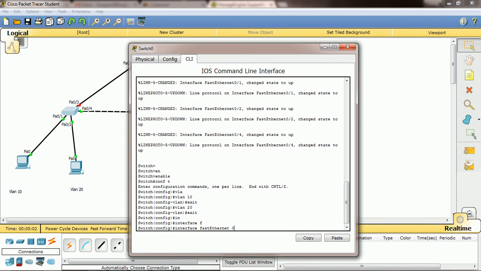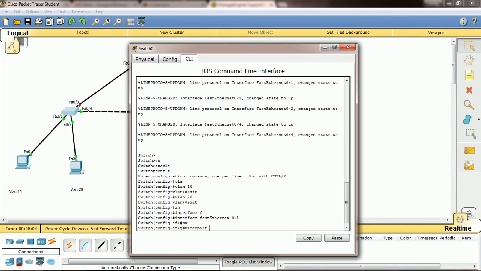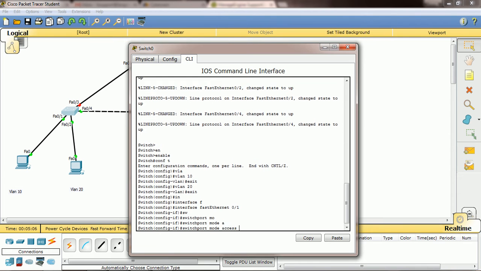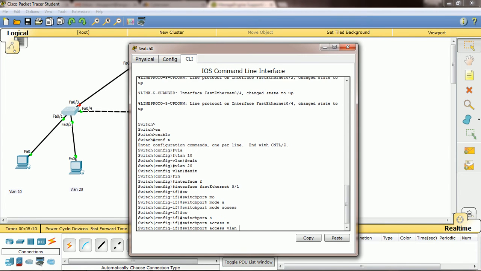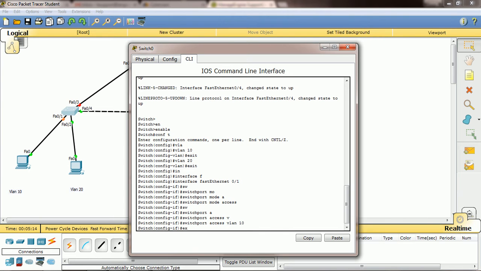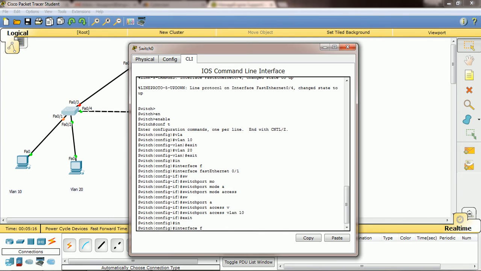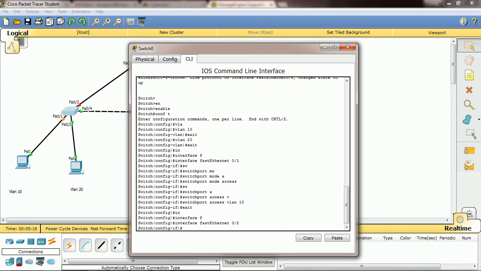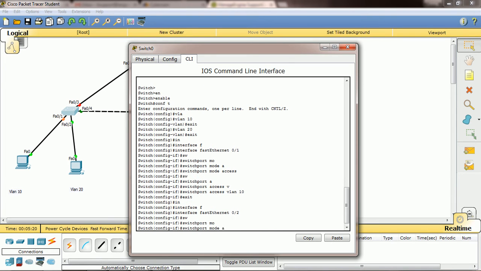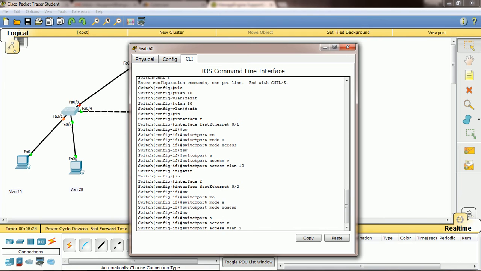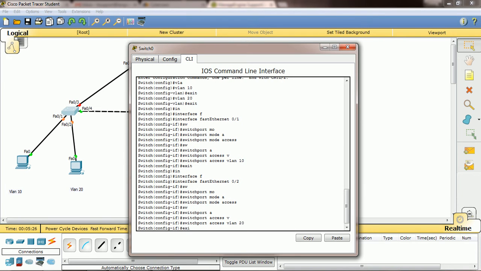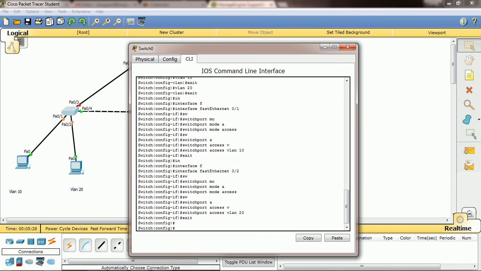Interface fast Ethernet 0/1, switchport mode access, then switchport access VLAN 10. So fast Ethernet 0/1 comes under VLAN 10, then exit, then enter into fast Ethernet 0/2, then switchport mode access, then switchport access VLAN 20, right? Then exit. So now we assigned VLAN 10 and VLAN 20.